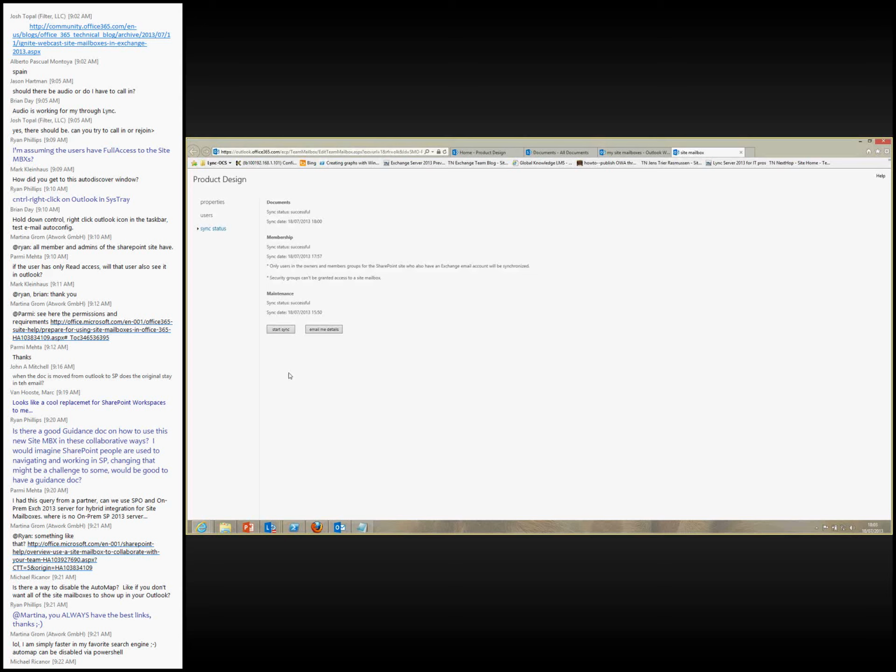If you look at my sync, it happened on this date at around 3:50, and it's 6 o'clock for me over here where I am right now. So it's been a while, and if I think, okay, the user has updated and it's not syncing, I can just go in and hit start sync. And the other option is email me the details. If I've hit sync many times and I'm still not seeing updated information,